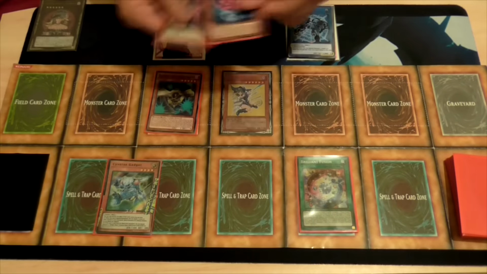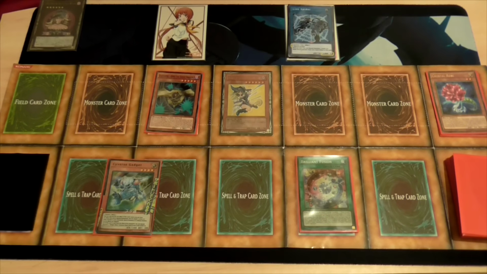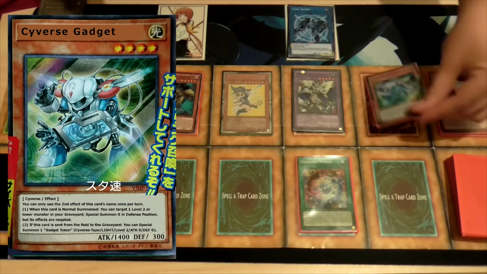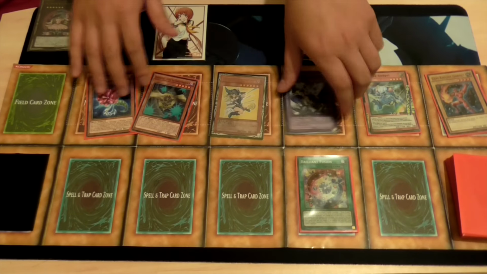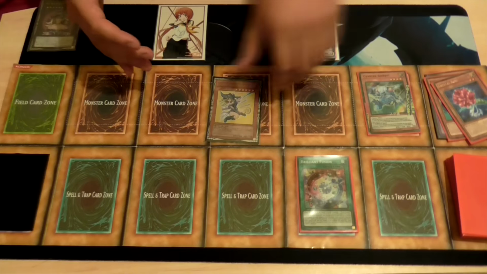Seraphonite is important because you can dump a light and a gem knight target. This time we're going to be dumping Crystal Rose and a Garnet or any level 4 gem knights. We're going to do the additional normal summon of the Cyverse Gadget to bring back a level 2 from the grave, which is the Crystal Rose, and then we're going to be link summoning with the 4 monsters in the field, your whole board pretty much except 2 cards left on the field, including the token